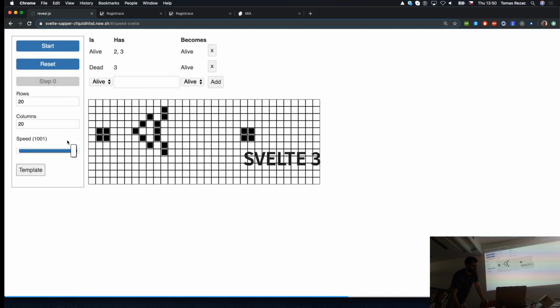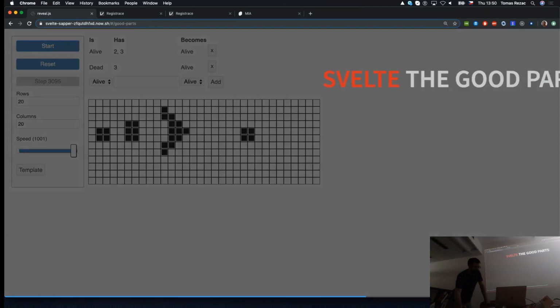And I don't even need to reload it because it will be hell fast already. And this is the difference. It's like 10 times faster manipulating the bindings in the DOM because it doesn't need the shadow DOM, it doesn't need the diffs, it just works without it. So that's for the speed.